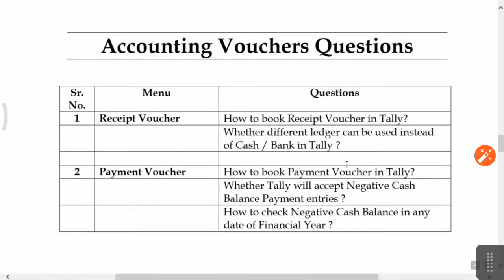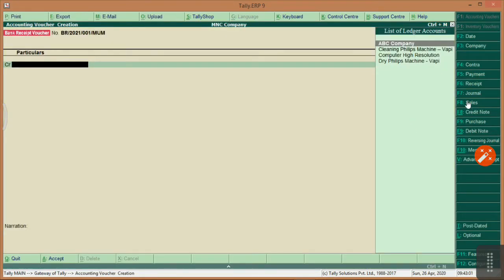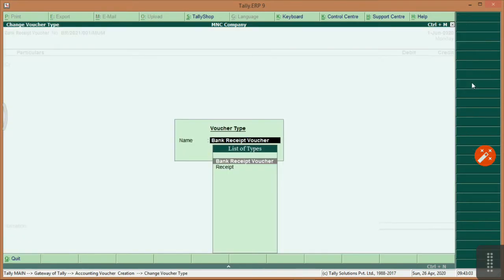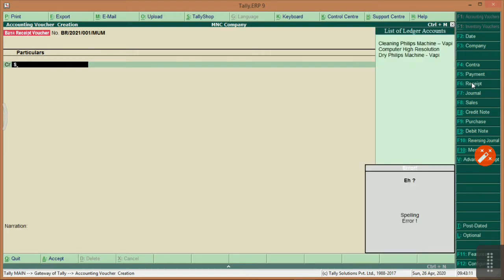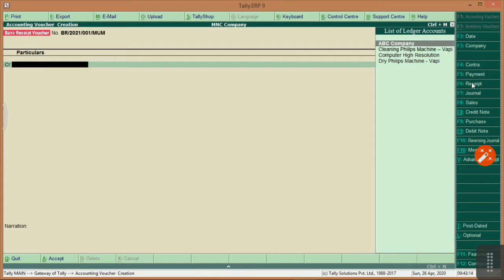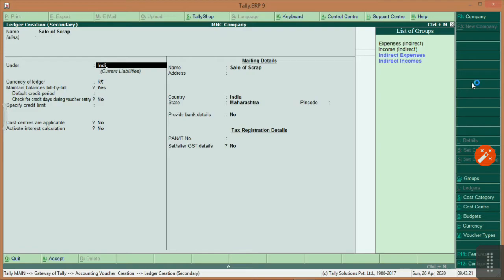Okay, next question, how to book receipt voucher in Tally? Just go to accounting vouchers, receipt, bank receipt, and amount, suppose sale of scrap, and direct income.